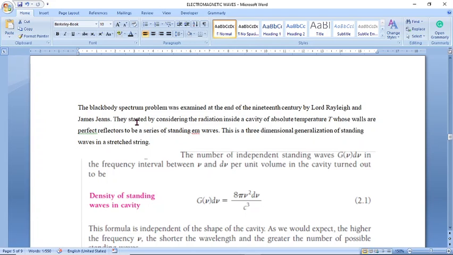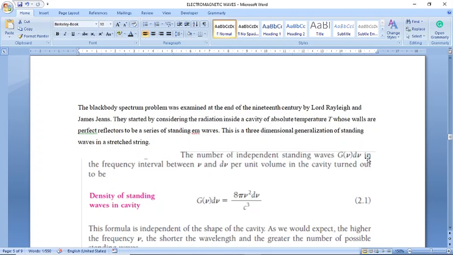They started by considering the radiation inside a cavity of absolute temperature T, whose walls are perfect reflectors, to be a series of standing electromagnetic waves. അപ്പോൾ ഇത് ബ്ലാക്ക് ബോഡി റേഡിയേഷൻ ആ പ്രോബ്ലം അനലൈസ് ചെയ്യാൻ വേണ്ടിയിട്ട് they have assumed that a cavity that absorbs all radiation and the walls of the cavity are also perfect reflectors. And they have considered standing waves inside that cavity,